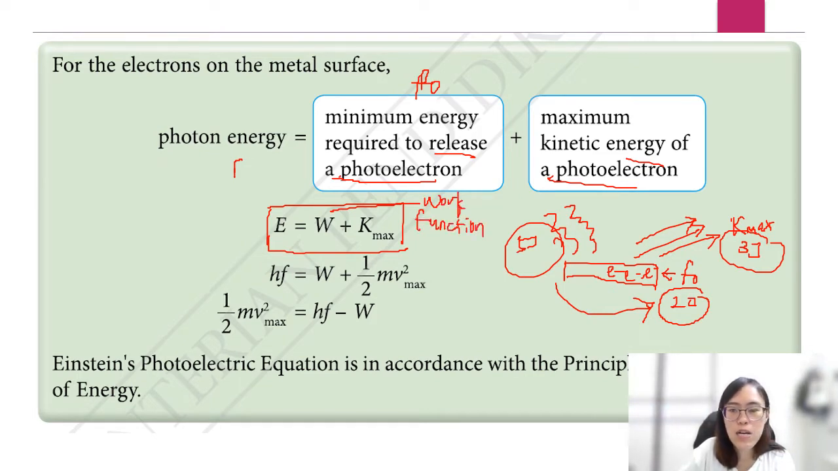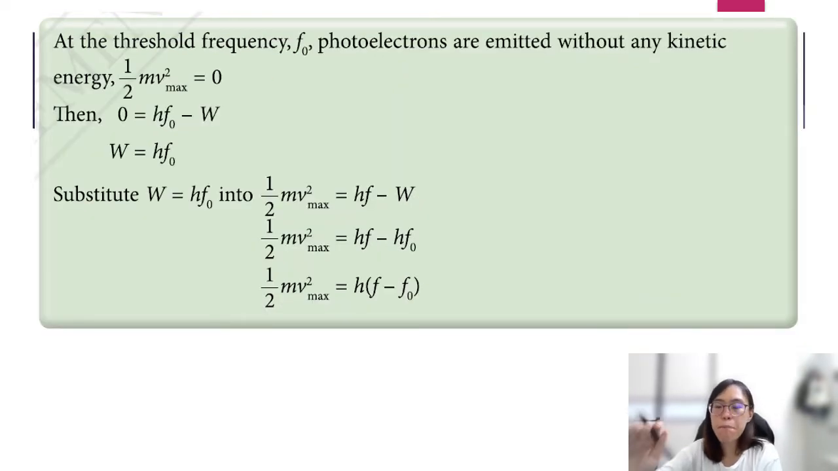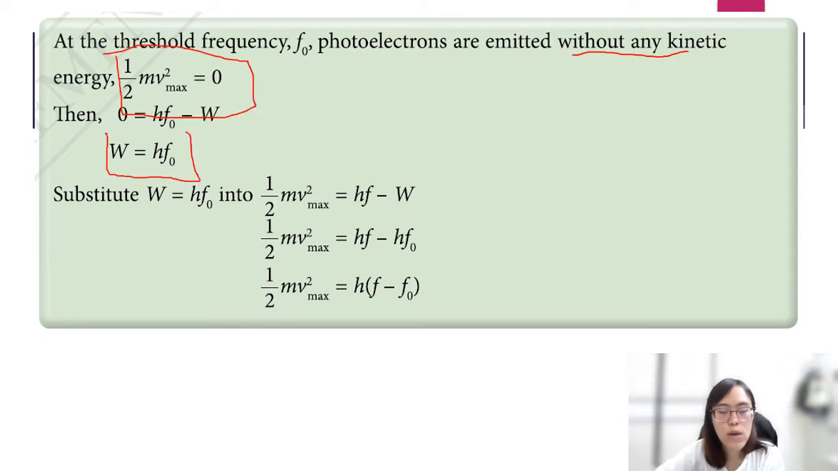So in other words, based on the diagram I drew, this 2 joule is our work function. Then Kmax, the maximum kinetic energy, is our 3 joule. We know that the photon energy is based on the frequency of the light, so we have this hf. You will see in a while that W equals hf0. Why? Because W is based on what we call the threshold frequency of the metal. When it is at the threshold frequency, the photoelectrons are emitted without any kinetic energy, so the kinetic energy is equal to 0. So W equals